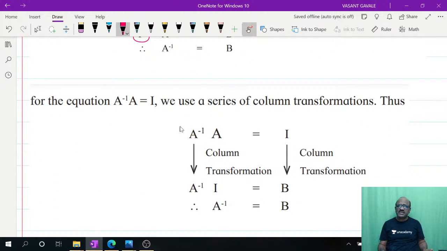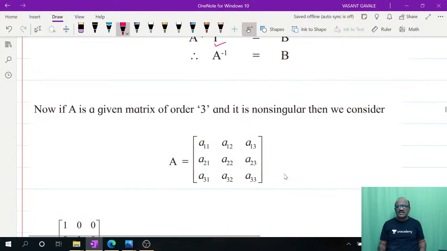Okay. Now the column transformation in a similar way. Column transformation च्या वेळेस we write in this manner. That is A inverse into A is equals to I. Then apply the column transformation on this matrix. Okay. हा फक्त arrow इकडे या साइडला येतो. Apply these on A and column transformation on this identity. Then this A will convert it into this identity. A inverse into identity, that is A inverse is equals to B, and it is the inverse of the matrix A. A inverse is equals to B.